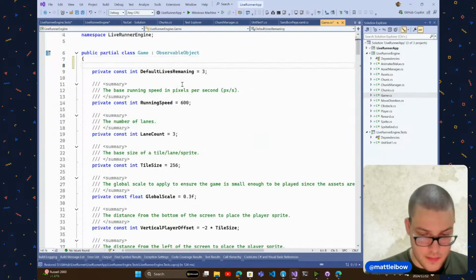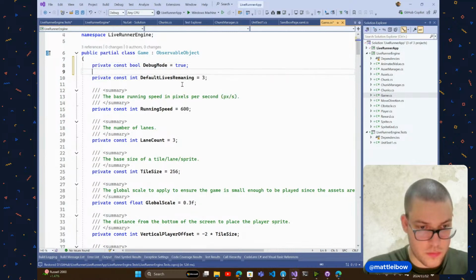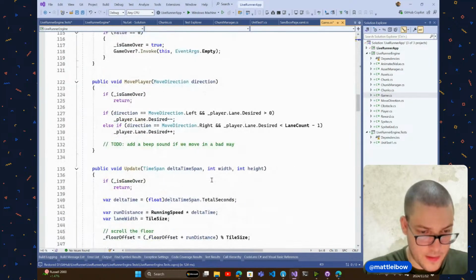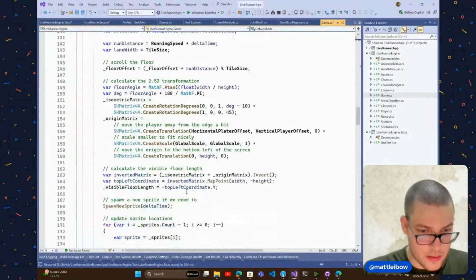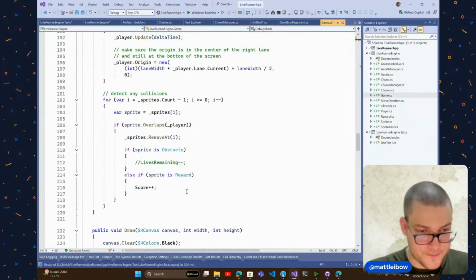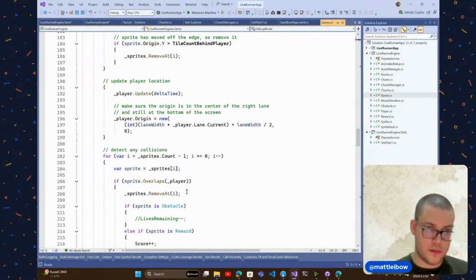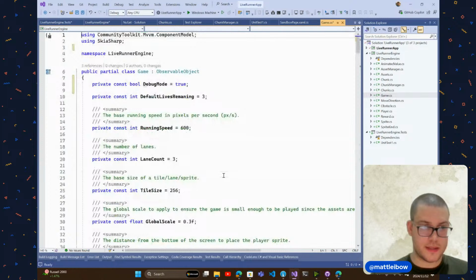Yeah, private const bool debug mode is equal to true, right? And then we go over here and we're going to do some advanced debugging here. Layers overlapping, origin. You know what? Let's make this